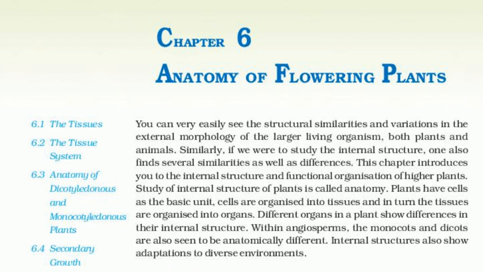The outermost layer is epidermis. Many of the epidermal cells protrude in the form of unicellular root hairs. The cortex consists of several layers of thin-walled parenchyma cells with intercellular spaces. The innermost layer of the cortex is called endodermis. It comprises a single layer of barrel-shaped cells without any intercellular spaces. The tangential as well as radial walls of the endodermal cells have a deposition of water-impermeable waxy material suberin in the form of Casparian strips.